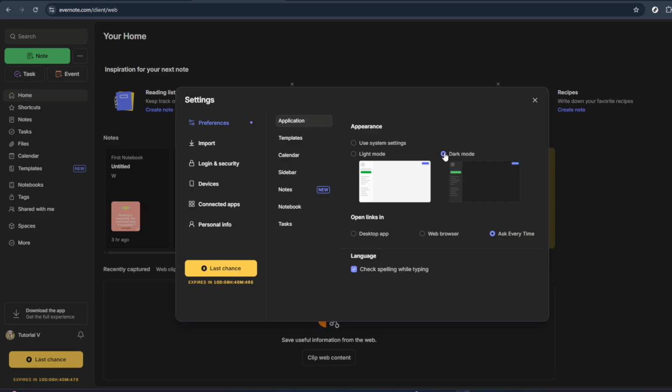Once you're in Preferences, look for the appearance or theme options. Depending on the version of Evernote you're using, you may see choices such as light, dark, or a system option that follows your device's theme. To enable dark mode, choose the dark option. As soon as you select it, the interface should switch from the lighter background to a darker one. Your note list, editor area, and